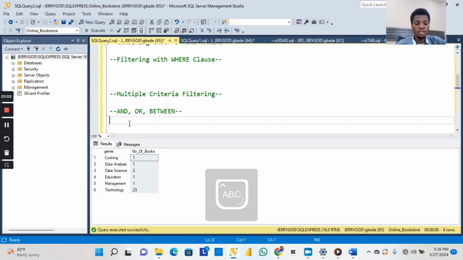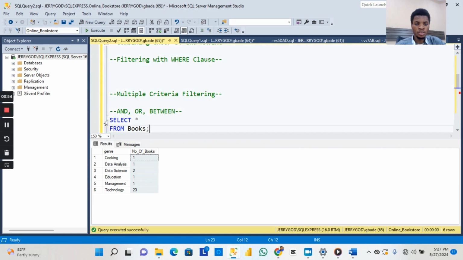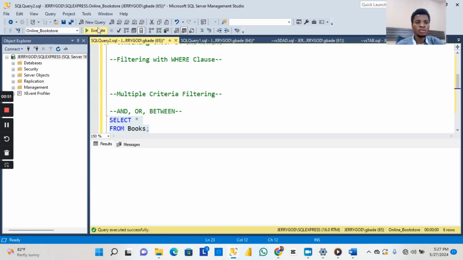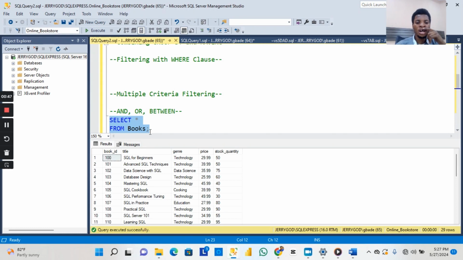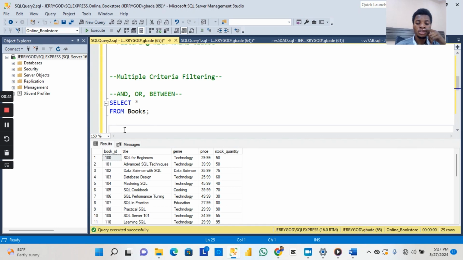Okay, so now let's query our books table again. Let's look at what we can bring out from it. Okay, so we have our books table now. Let's say we want to return books whose price falls within, let's say, $29 and $39. So let's return all the books that are within that price range. How do we do that? We're going to select everything from